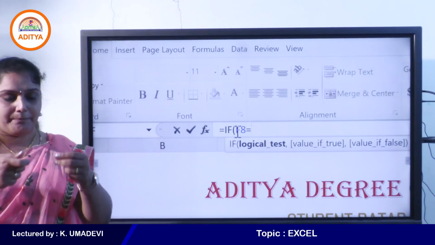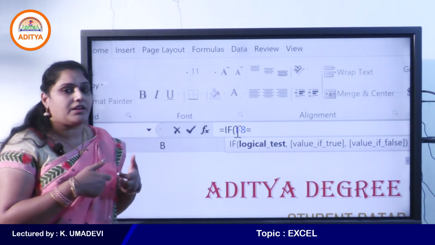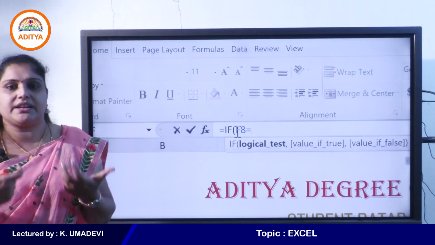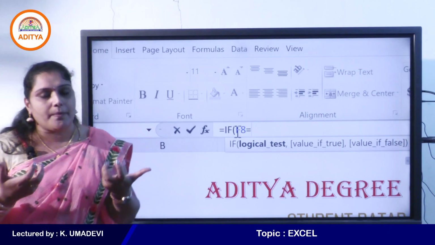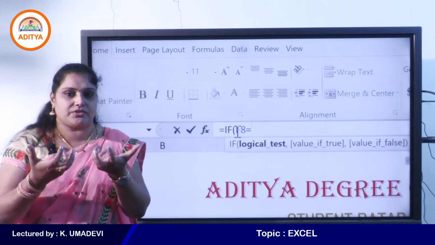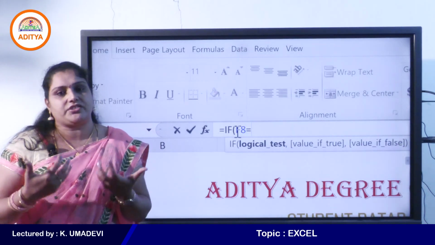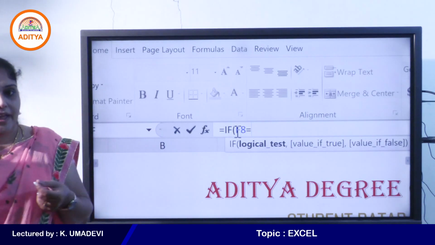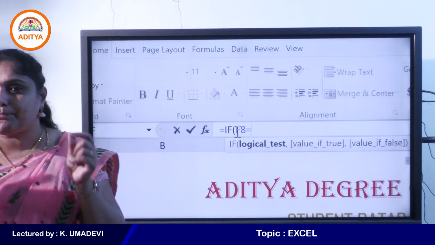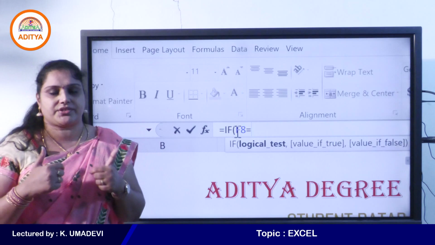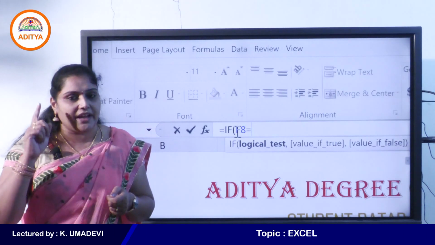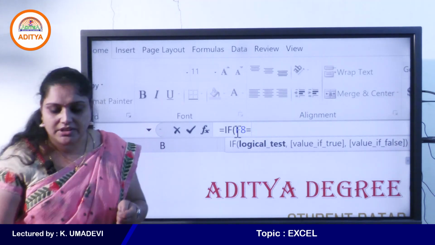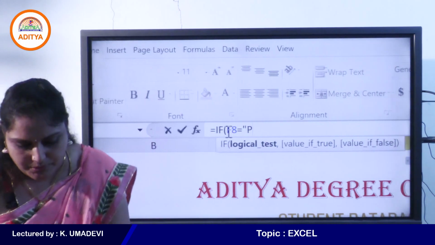So if you want to compare two values that are equal or not, we use the equal to symbol, that is the equality operator. This operator is used to compare two values. If both are equal, then the condition is true. Otherwise the condition is false. If F8 is equal to pass, see, pass is a string or own text. The string must be enclosed within double quotes. If F8 equal to pass,